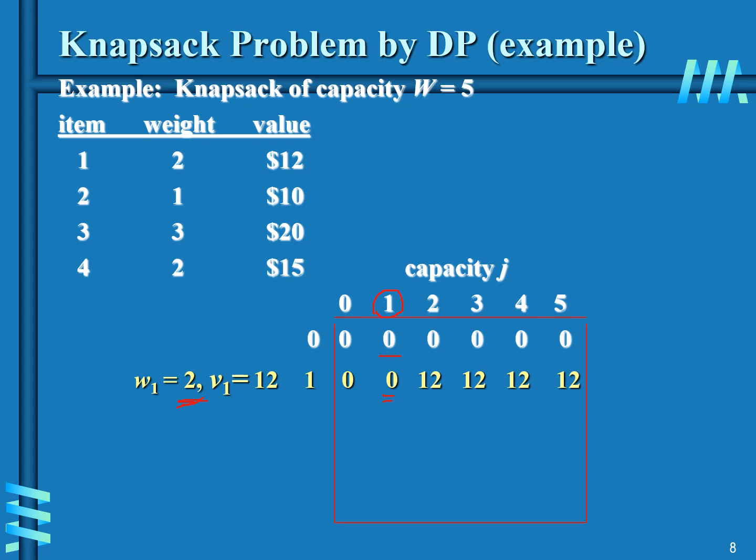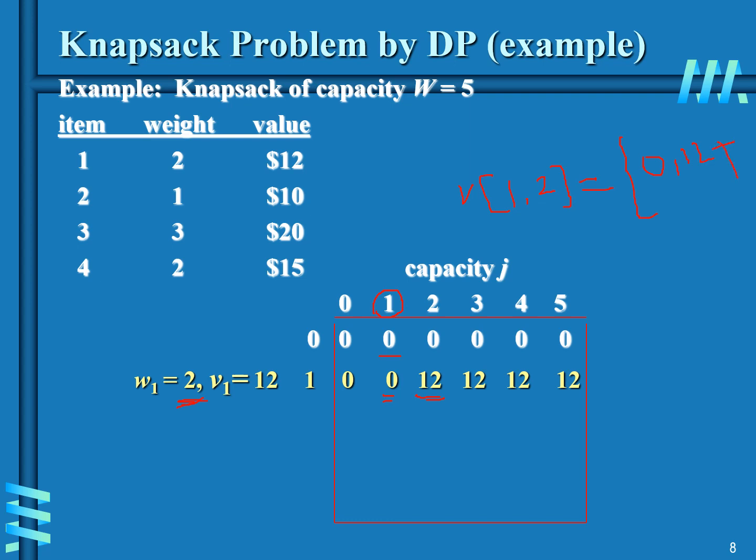Okay, so next we'll come to this. We are supposed to find out the value of V of 1 comma 2. That is the maximum of: you go to the previous row, same column. What is the entry available over here? 0, comma. What is the value of this item? 12